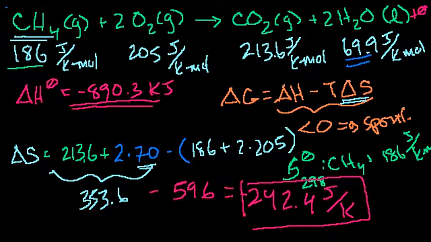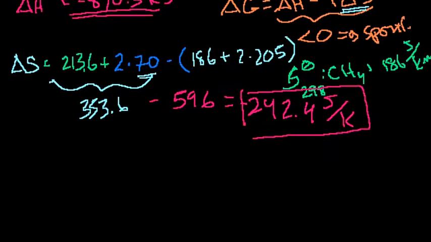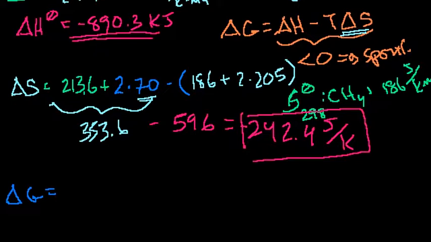But let's figure out whether this reaction is spontaneous. So our delta G is equal to our delta H. We're releasing energy, so it's minus 890. I'll just get rid of the decimals. We don't have to be that precise. Minus our temperature. We're assuming that we're at room temperature, 298 Kelvin. I should get in the habit of not saying degrees when I say Kelvin, which is 25 degrees Celsius, times